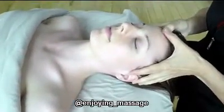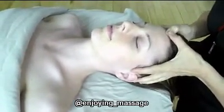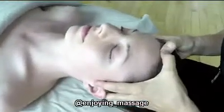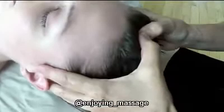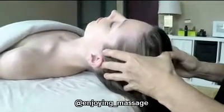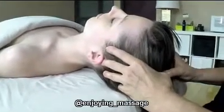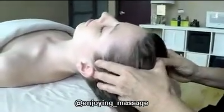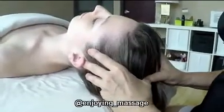By placing our thumbs at the hairline in line with the nose, you'll see my fingers on the side of the head. I'm going to press, slide 1 inch, press, slide 1 inch, press, and continue this all the way down to the table. Do that one more time. Normally I just do each technique about 3 times. It's a good pressure. It already helps to relax the body just by doing this simple technique. Anytime you work with the head or touch the head,